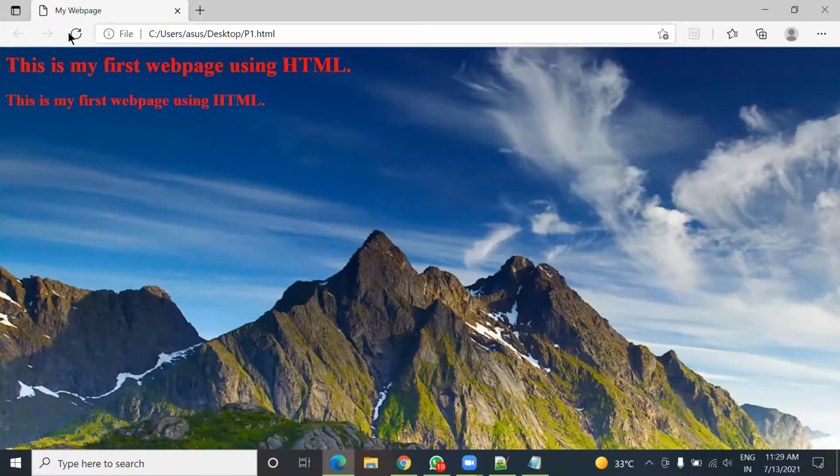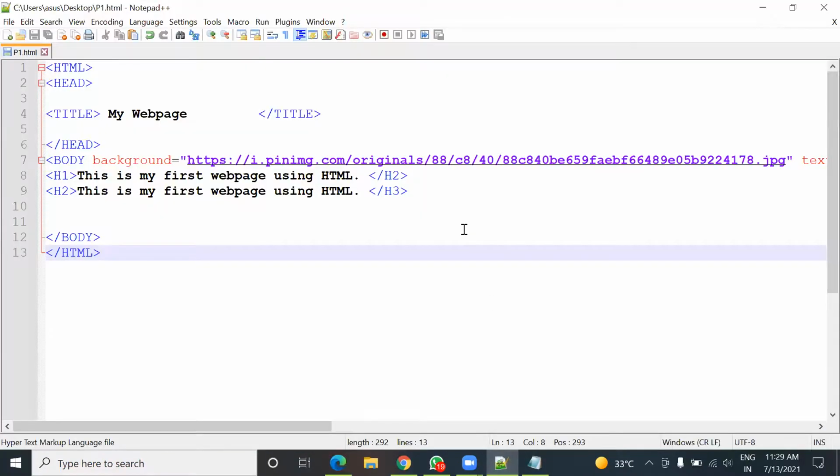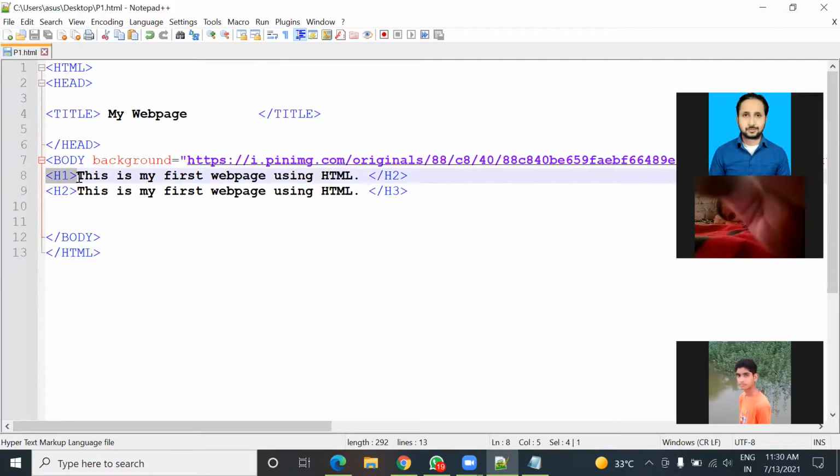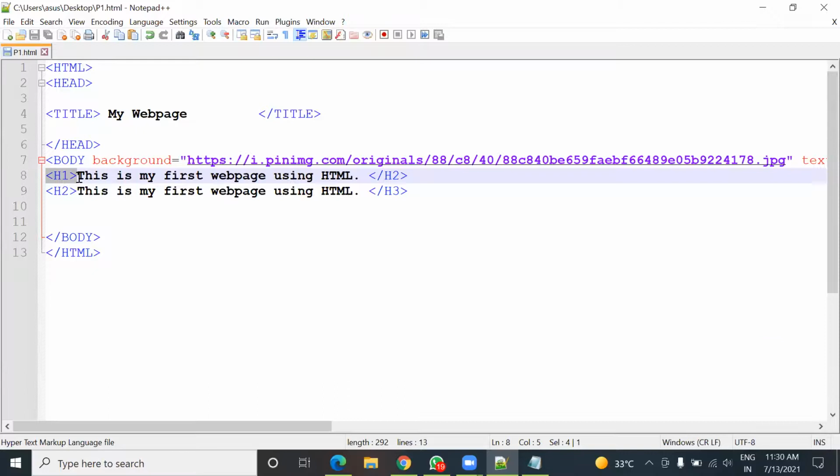No, sir. Because HTML is not like any other programming language. You can't call HTML a programming language like Java, C, C++, because it is a very loosely typed language. Here, if I have started with H1, then it automatically considers that it has to use the H1 tag only.